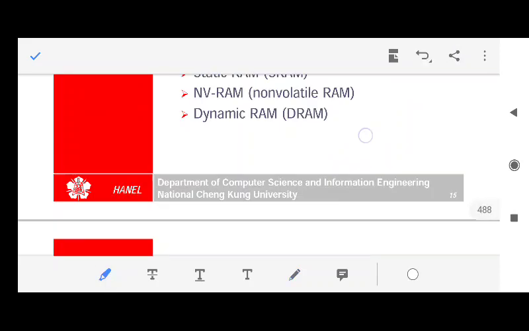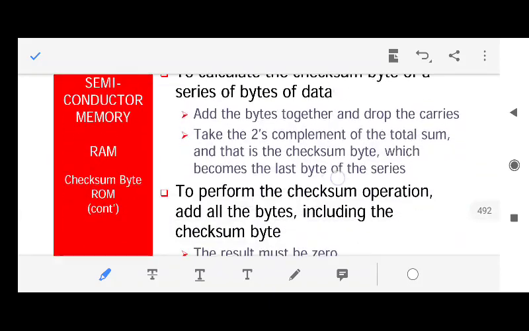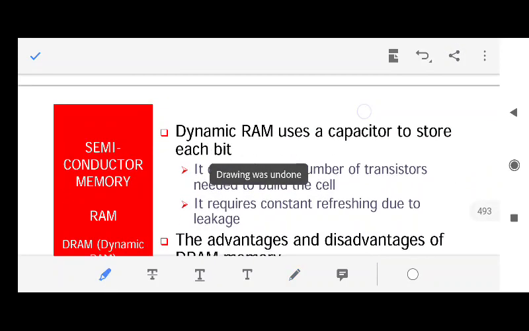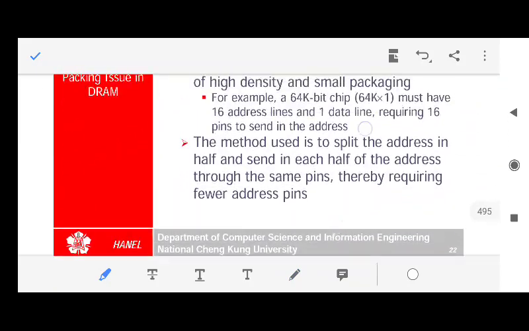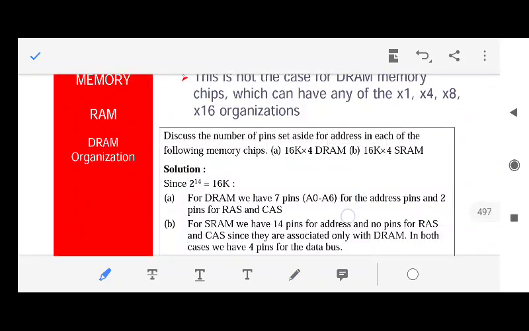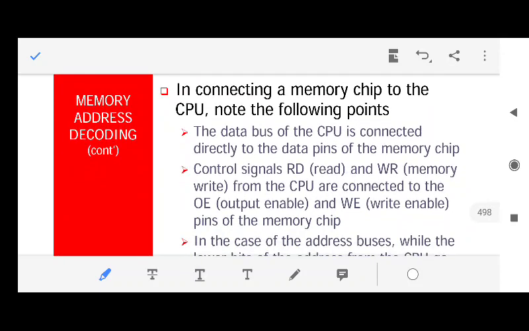Fine. So let us move forward. You have to skip all these portions. It's not of our syllabus. Even this, you need not understand how RAM is made. From here your main point starts. The main point of your topic will start.